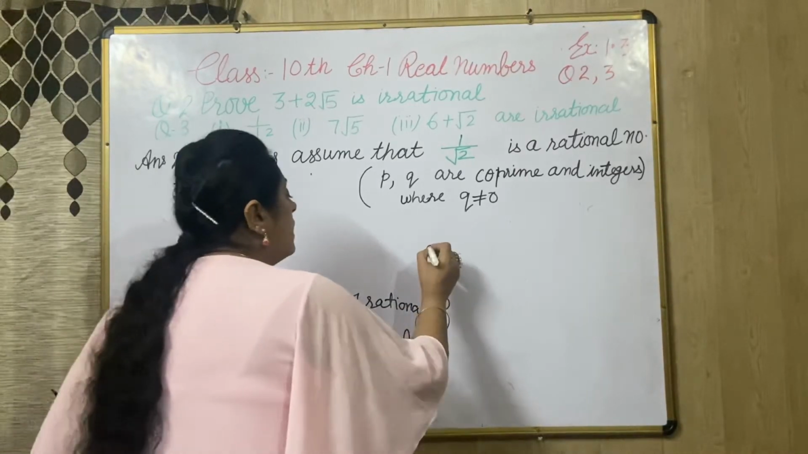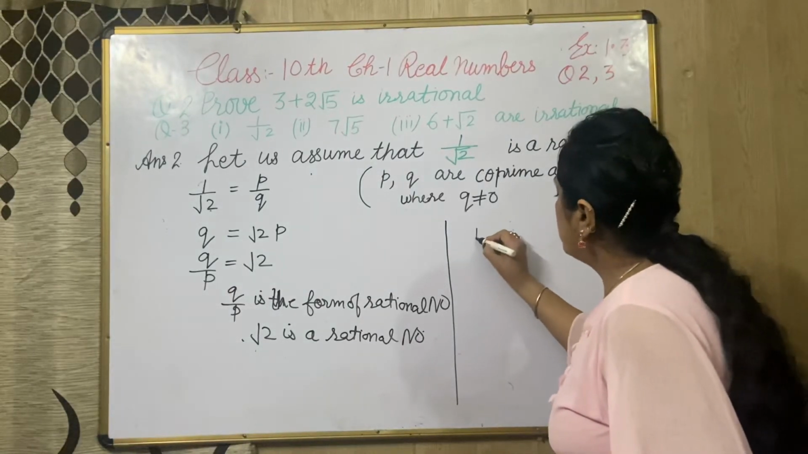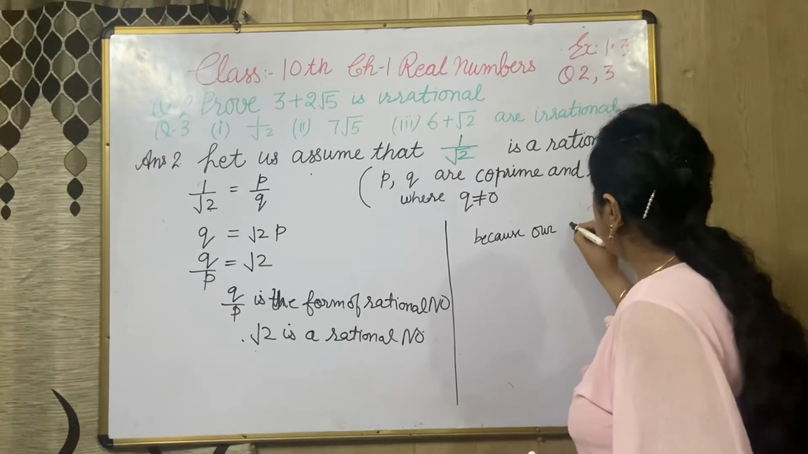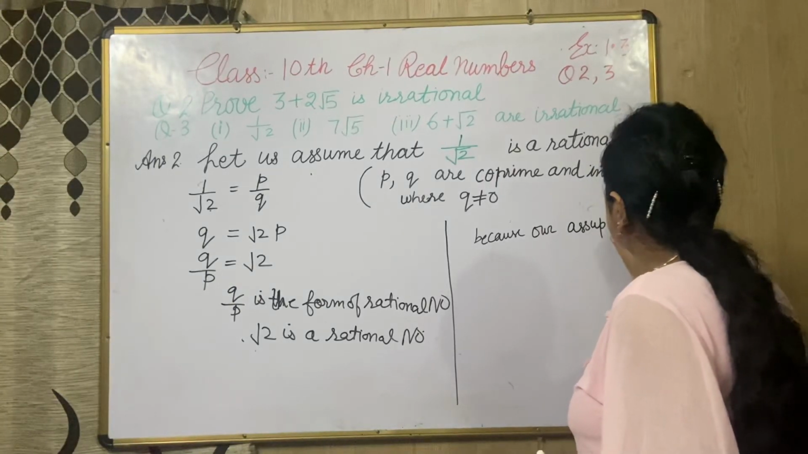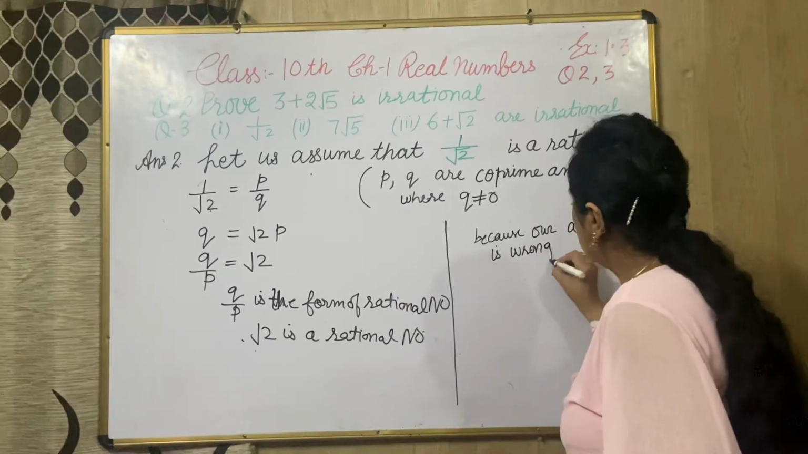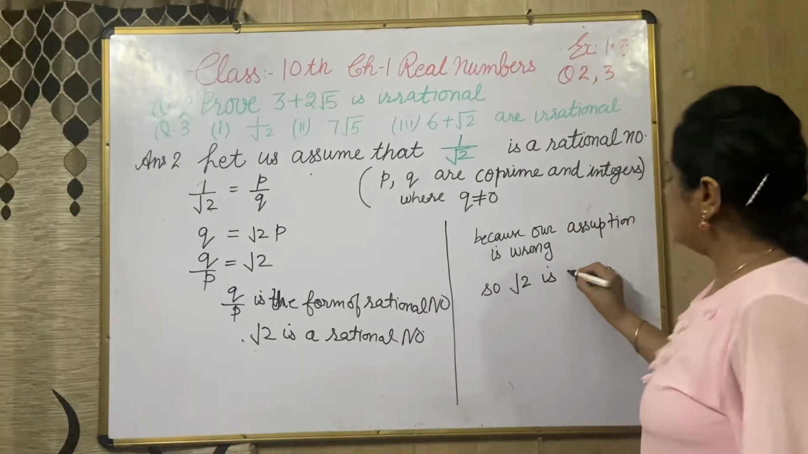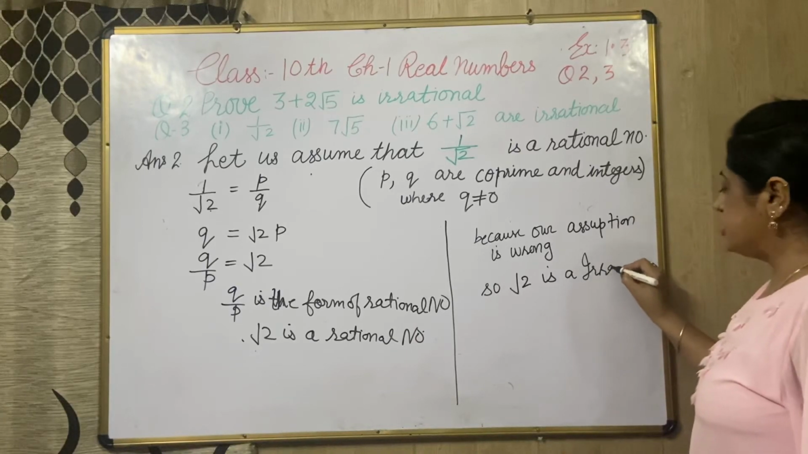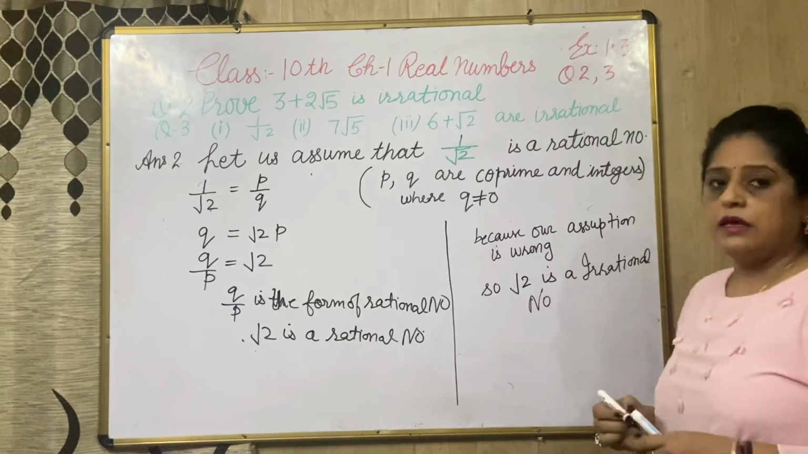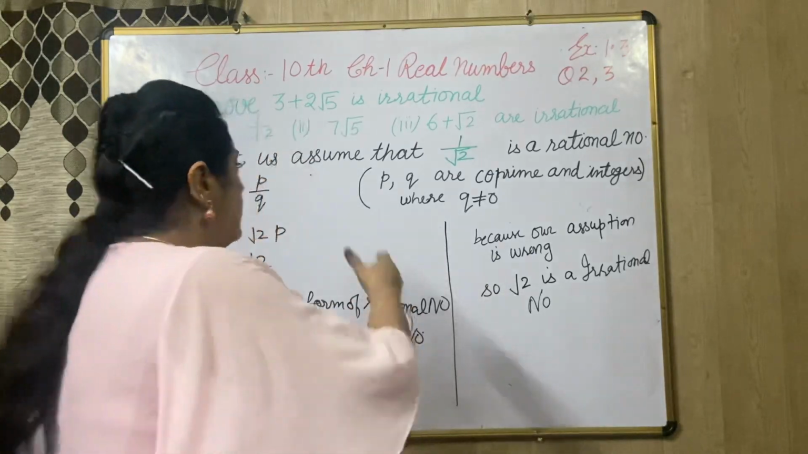So you write because our assumption is wrong, so root 2 is an irrational number. If you have practiced 1 or 2 times, all sums you can do like that. And now next,